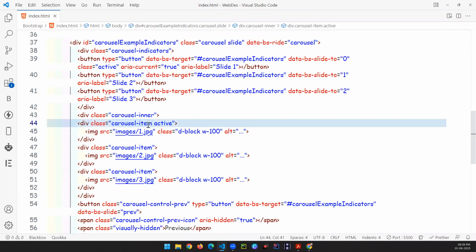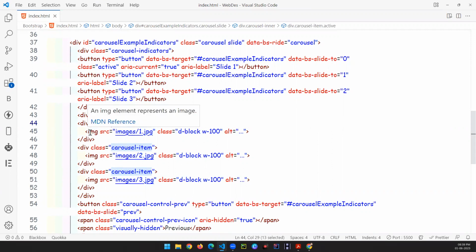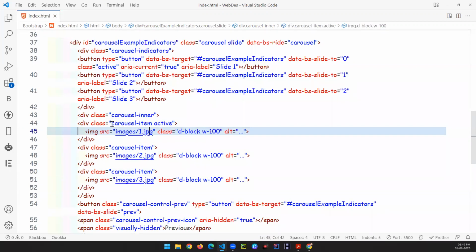If I target this particular class name, you can see this is a div. Inside that div they have one image tag, and inside that they have given that particular image. So I can just target this particular div, and let's see whether we can control that particular